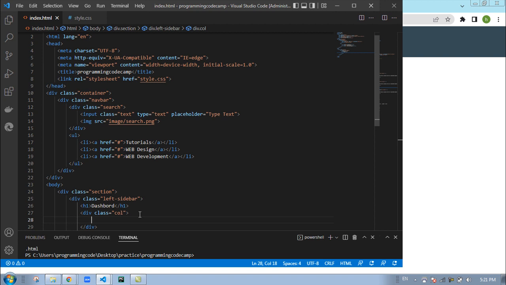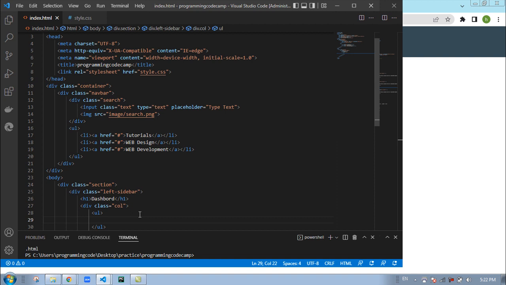For this we should write a ul element, and inside this ul element we can build a list inside this dashboard. For this one we can write li. Inside the li element we have got an a element, href equal to hash, and inside here we can make a title. We can call this one home,